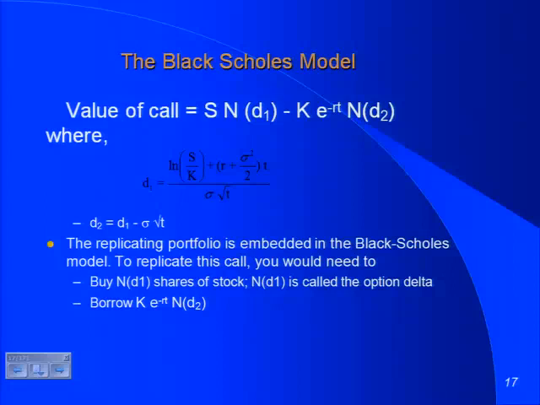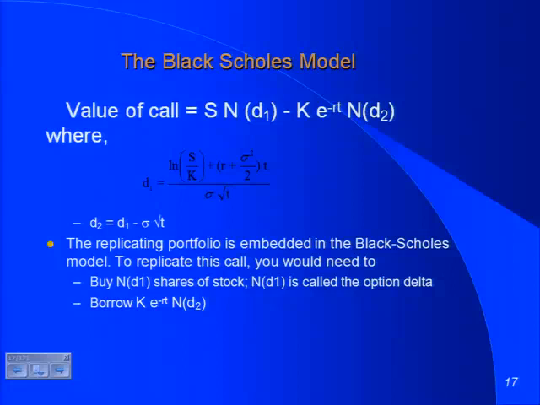Embedded in this equation is the replicating portfolio. The D1 and D2 numbers actually come from all those variables, S, K, R, T. They all go into D1. It's like magic. They feed in there. So what you did in the binomial over multiple periods, the Black-Scholes is doing in one step through the normal distribution. But here's the replicating portfolio that's embedded in the Black-Scholes. Remember the replicating portfolio, you're going to buy delta shares of stock and B that we solved for explicitly in the binomial model. It's in the Black-Scholes as well.